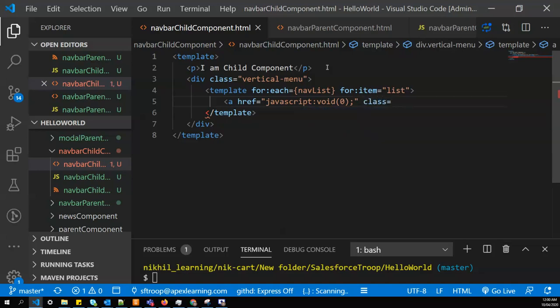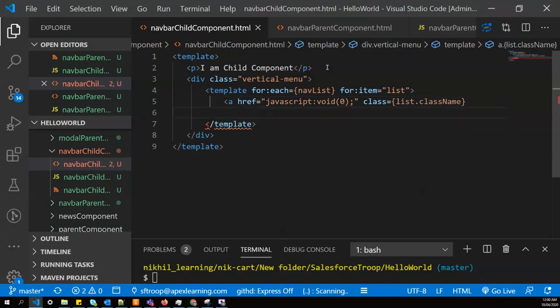I have class that will come from my parent. Apart from that, I have name, list dot name. Apart from that, key is very important,